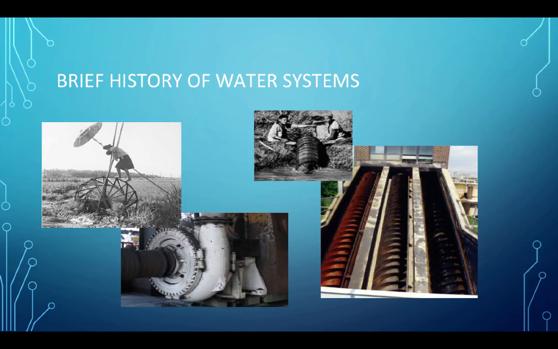Water has to be lifted from low elevations to high elevations. So one way to do it is with buckets. That worked, but it was slow and inefficient. So a faster way was to strap all the buckets to a wheel, give somebody an umbrella, and say, walk. And they would walk this wheel around and around, and it would lift water from one elevation to a slightly higher. Hopefully they're doing this here to